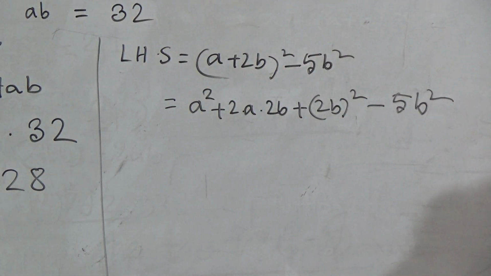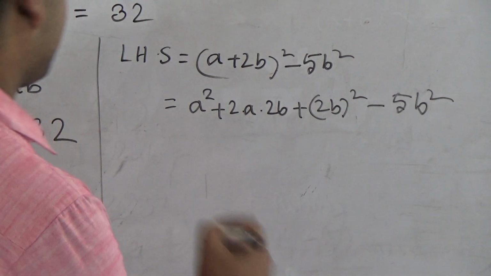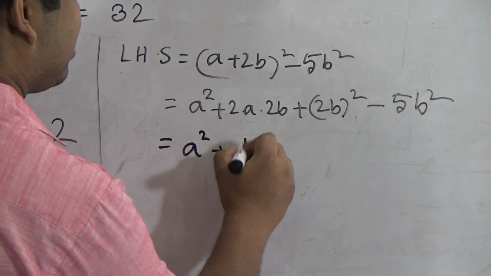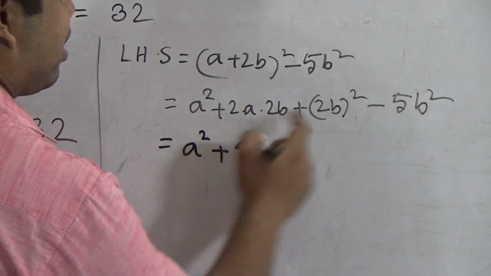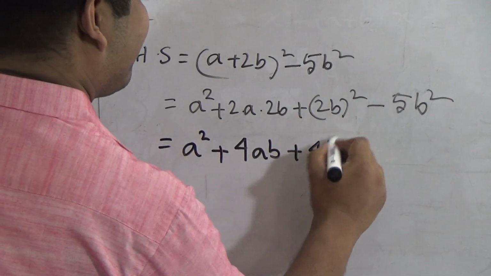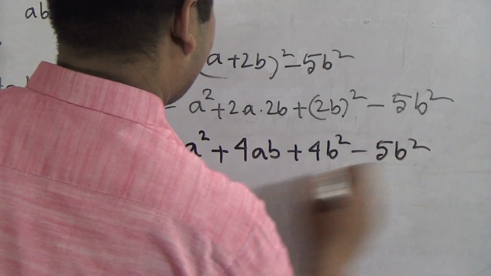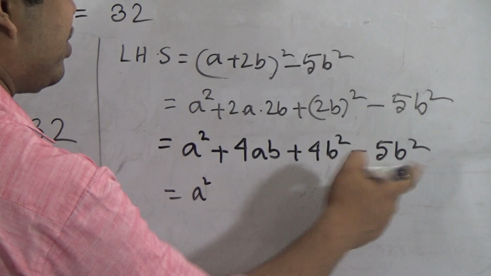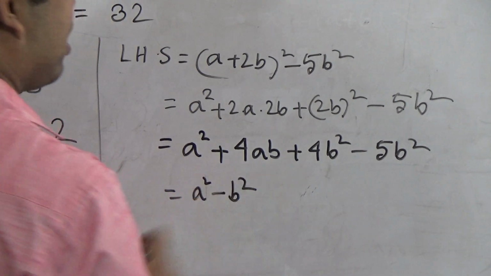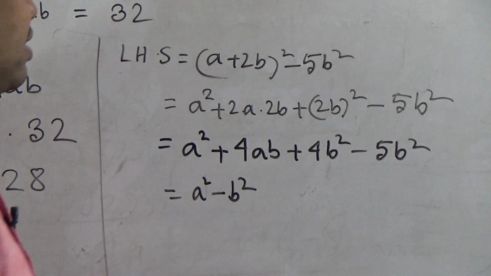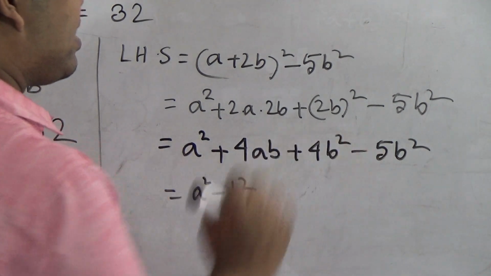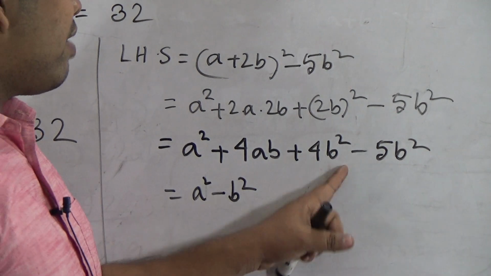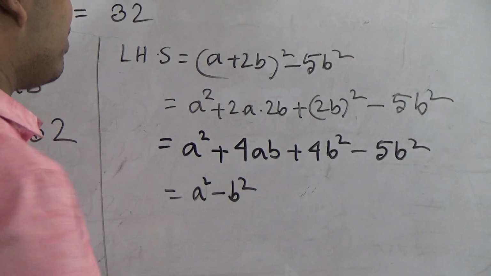Now dear student, please notice we do calculation again, A square plus 2 2s are 4 AB. Next plus 4B square minus 5B square. Here you notice 4B square minus 5B square. That means if we do calculation, then we get minus B square. That means minus 5 is subtracted from plus 4 and we get minus 1. Okay, minus 1B square, that means B square,